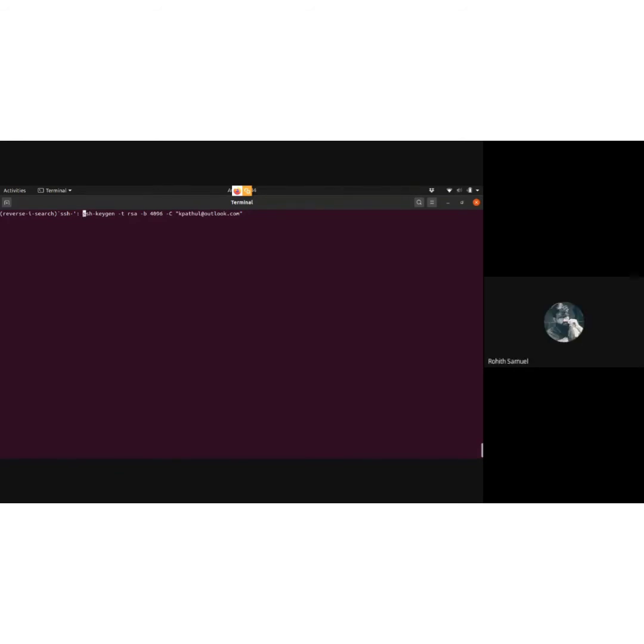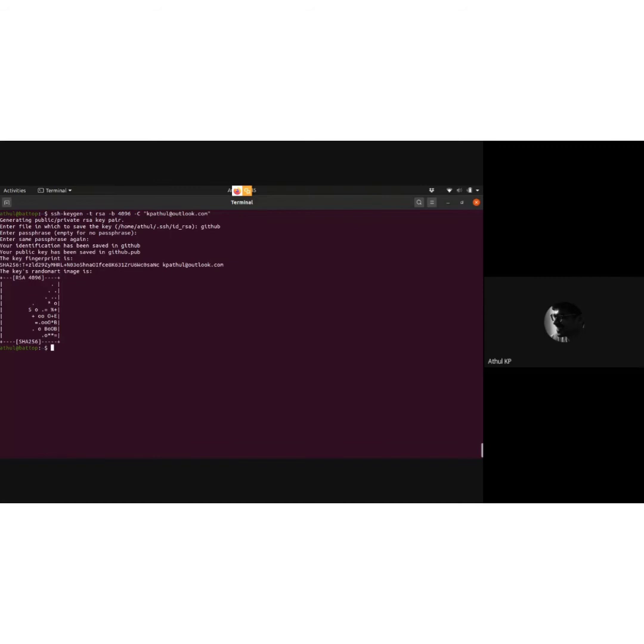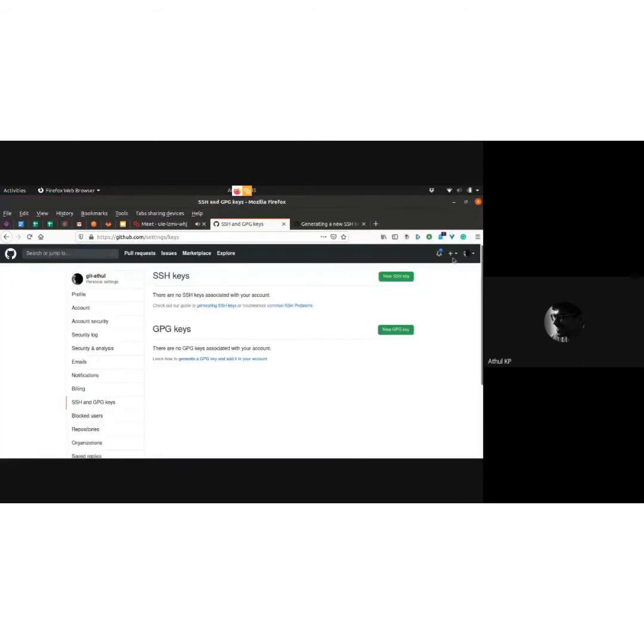Okay. So we'll do this exercise again. Creating a key. I'm going to give the name GitHub. A strong password. Okay. So if you want to see, is it created? No, it's not created yet. Okay. So I created an SSH key